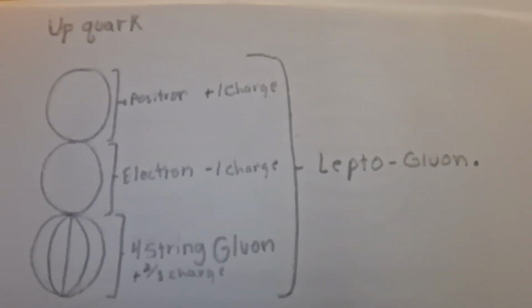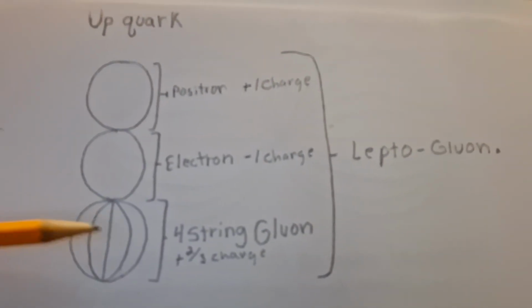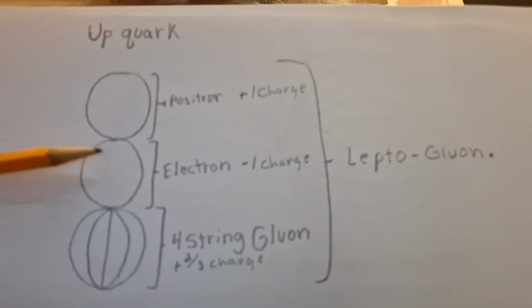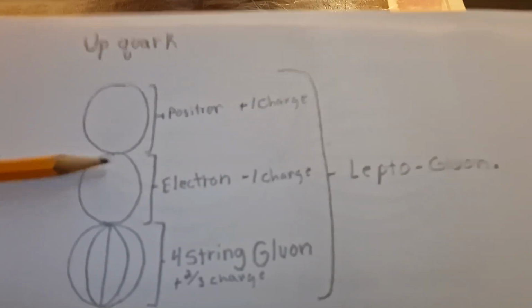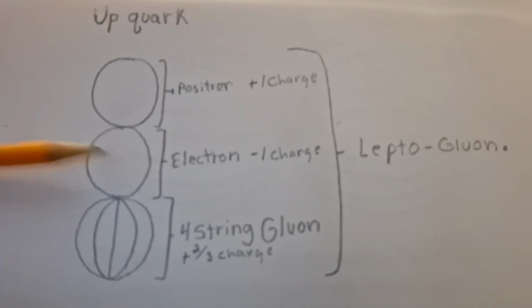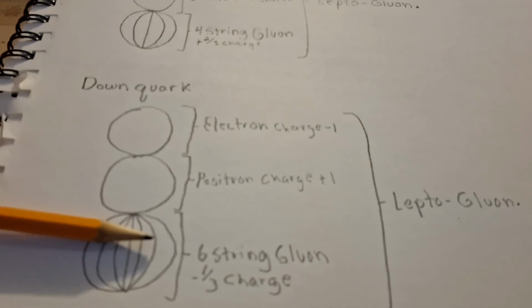My model, well, first of all, I told you the quarks look like this. They're leptogluons. That's an up quark. That's a 4-string gluon. That's an electron. And that's a positron. This is a 6-string gluon. If you'll notice,